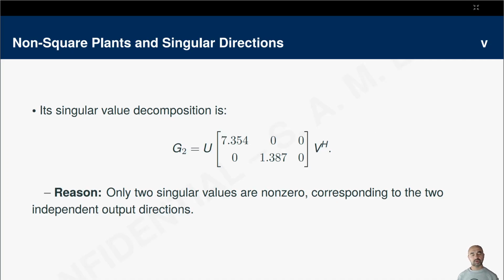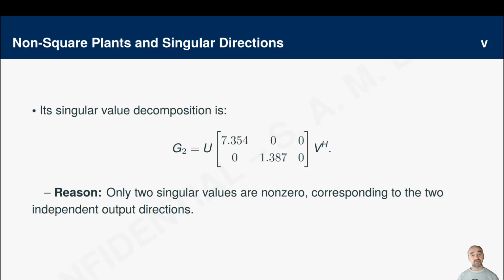VH, starting from the right in the singular value decomposition, was how we rotated the input directions, and then we had this sigma. So capital sigma is the matrix of sigmas, and sigmas were the gain from input to output, or the ratio of output to input. And then U was, in fact, the rotation